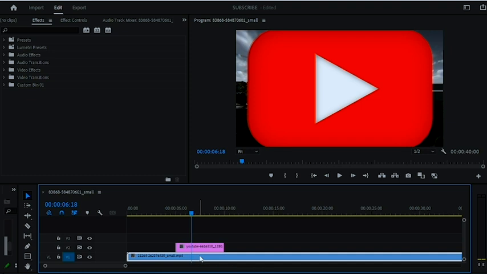Basically, that's how to create overlays in Premiere Pro. So the objects you want visible, you put them at the topmost track, or the track above the background. Now, to adjust this logo or position it wherever I want on the screen, all I need